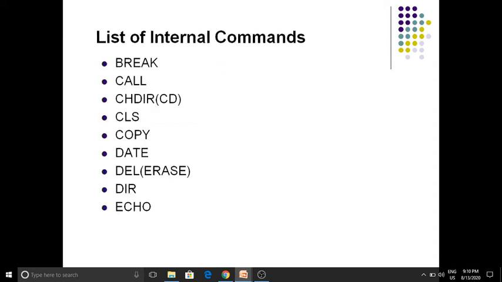So what is the list of internal commands we have in a computer system?